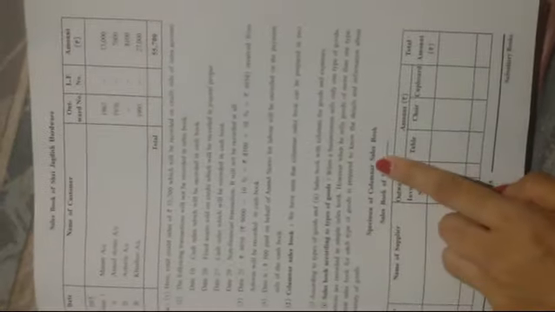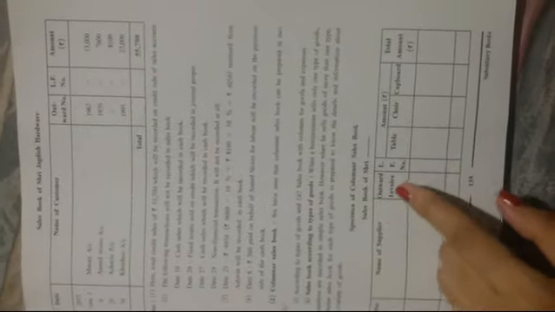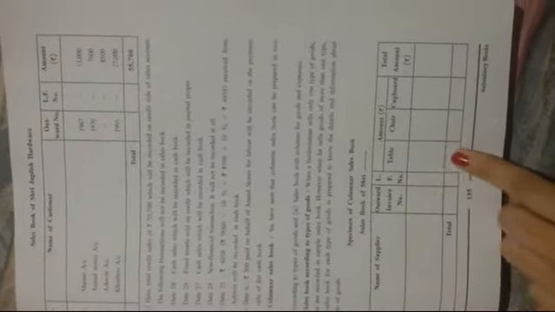Here the specimen, or we can say the format, of the columnar sales book is given below. It is the same as the columnar purchase book. The first column would be the date, the second would be the name of the customer, the third column would be the outward invoice number, then the fourth column would be the LF number, then next, whichever products our business is selling,